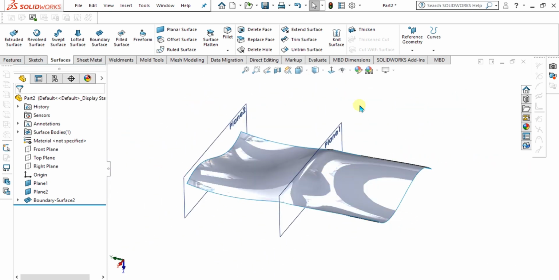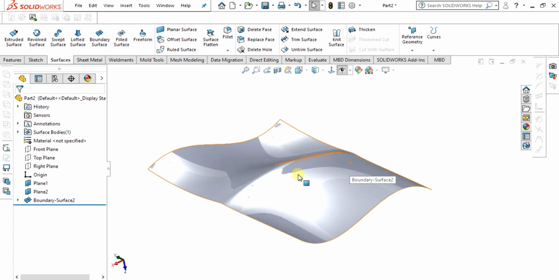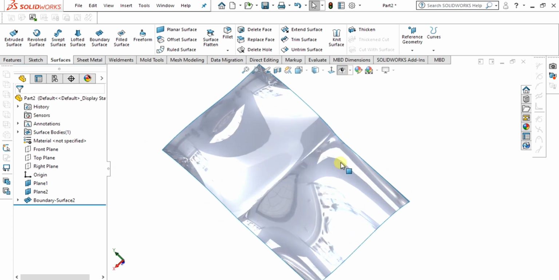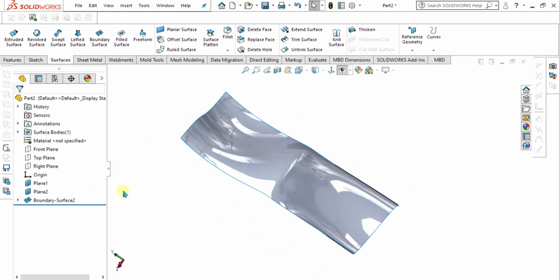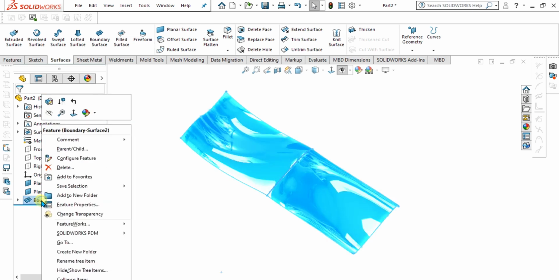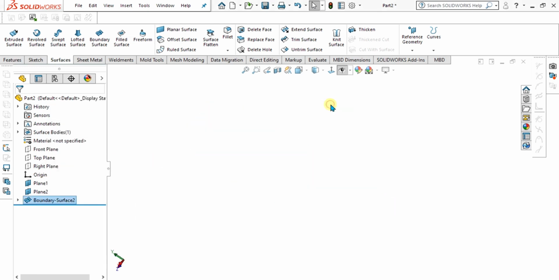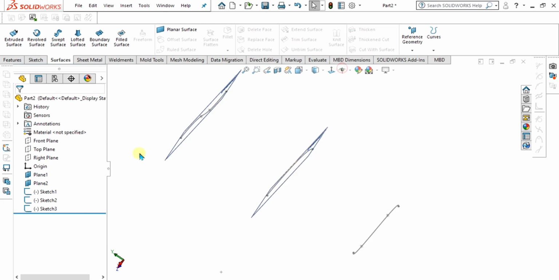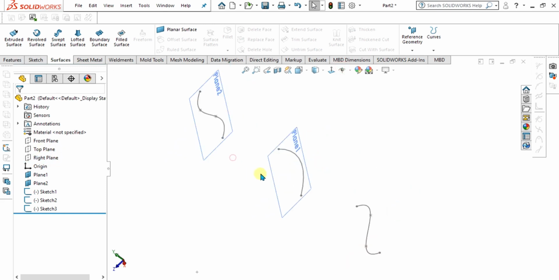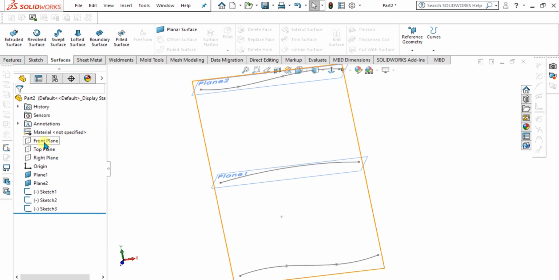So now I will show you how you can use guide curves with the boundary surface command. So I am going to delete this, select yes from here. Now simply select the front plane,